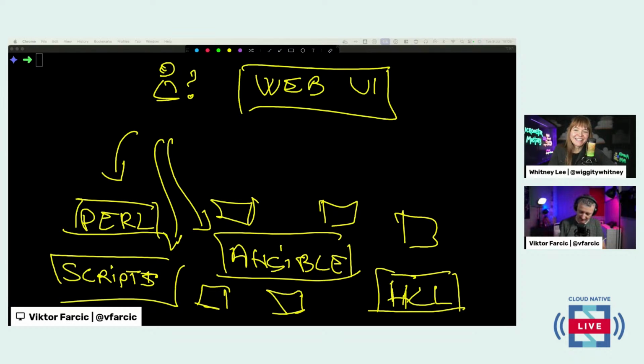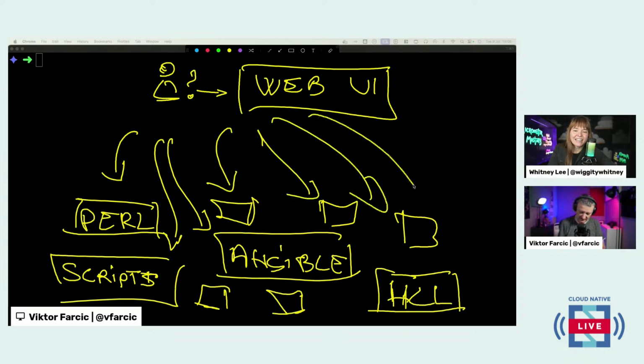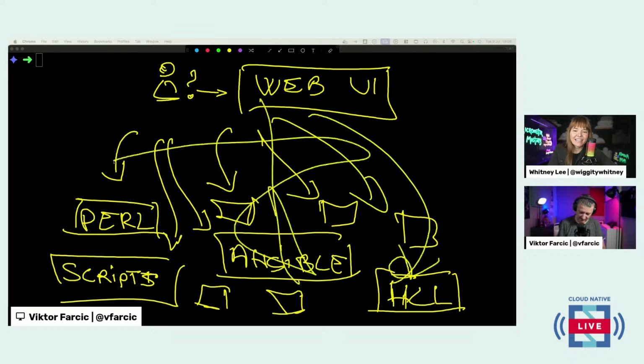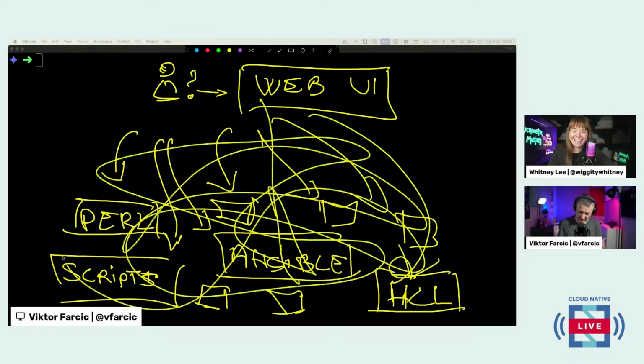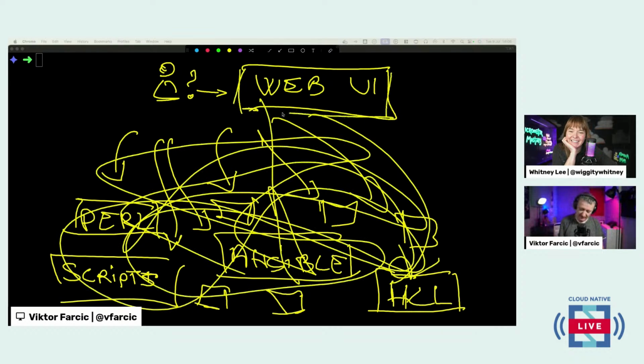And then you will be able to interact with that web UI, and web UI is going to interact with all the stuff that we have over here, and it's going to go around and around and around and do everything that needs to be done, right? And that's where the confusion starts, right? Because if you just build a web UI, now I'm trying to find the word,